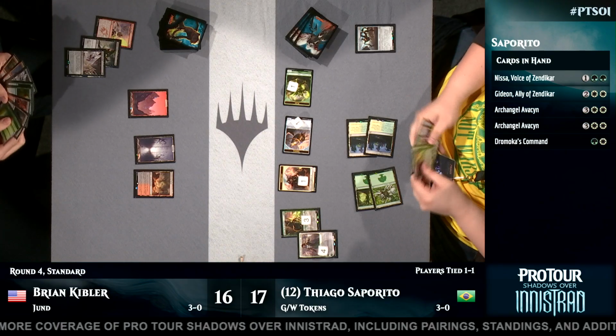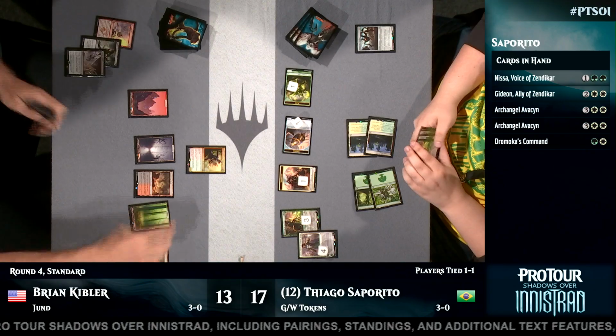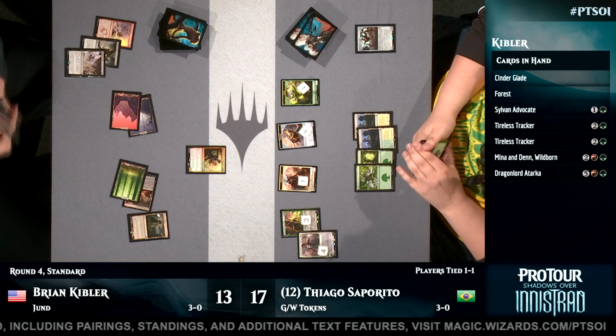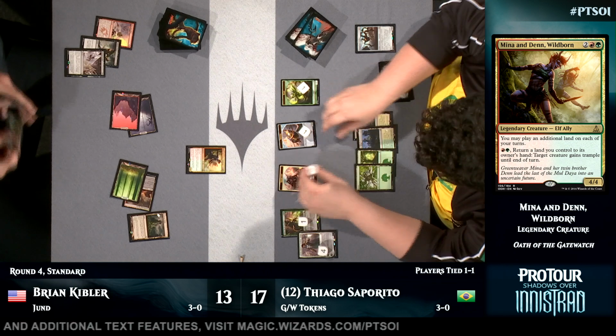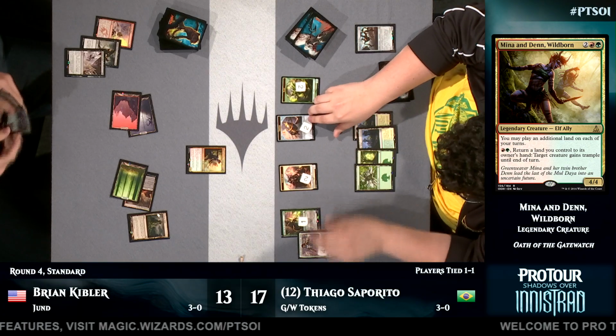Yeah, so Brian Kibler very much on the back foot here. Even though he's managed to sort out his mana woes, he still needs to worry about the fact that there's just a mass of creatures on the board. And having an extra land on top there for Innistrad Den Wildborn, able to play a second land each turn, very relevant here, because if he can get up to Dragonlord Atarka mana, then he's going to be in great shape. In the meantime, though, Thiago Saporito doing everything he can to simply race over the top, around the sides, and every which way,